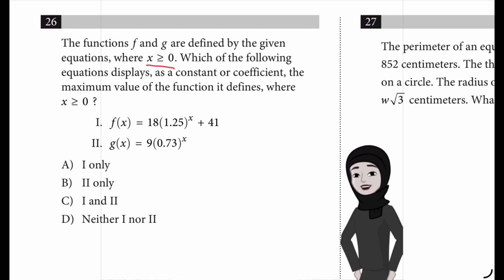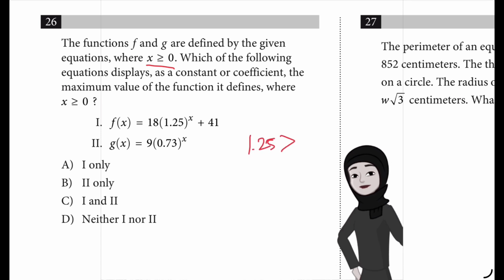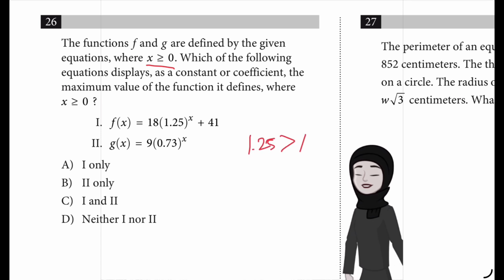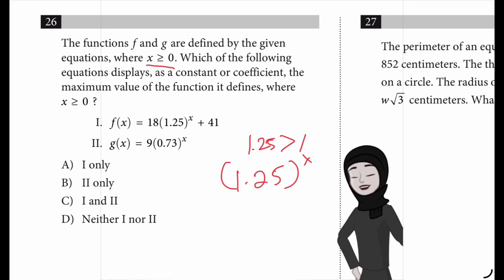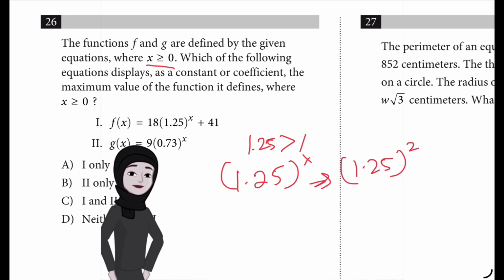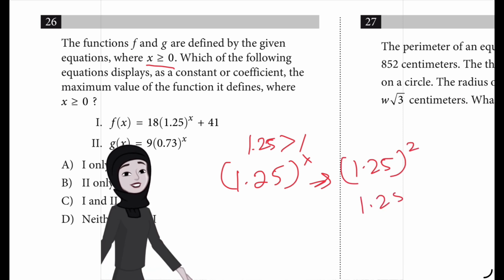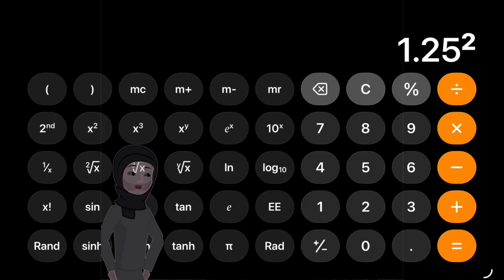So for the function f, the base of the exponent is 1.25, it is greater than 1. And the value of 1.25, if I raise it to the power of x, it will increase. As x increases, 1.25 raised to the power of x will also increase. For example, 1.25, if I square it, what will I get? 1.25, if I cube it, what will I get? I can check that. 1.25, if I square